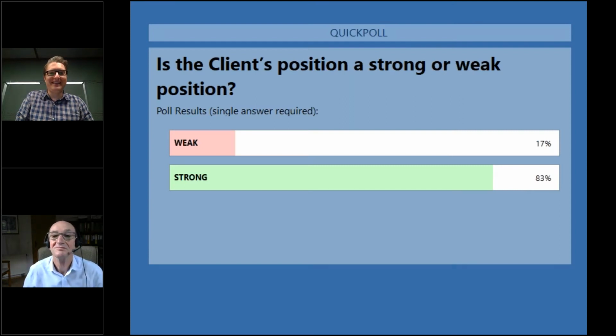Yeah, so that's 83% of you think that the owner is in a strong position. And I'm absolutely not surprised. If you receive that letter, it looks very strong. It's been drafted to look like it's putting the person that wrote it in a very strong position. It clings very, very closely to the contract. But I'm going to suggest that we could look at this another way. Despite the way it's been written, I think the owner's letter actually reveals quite a weak position.